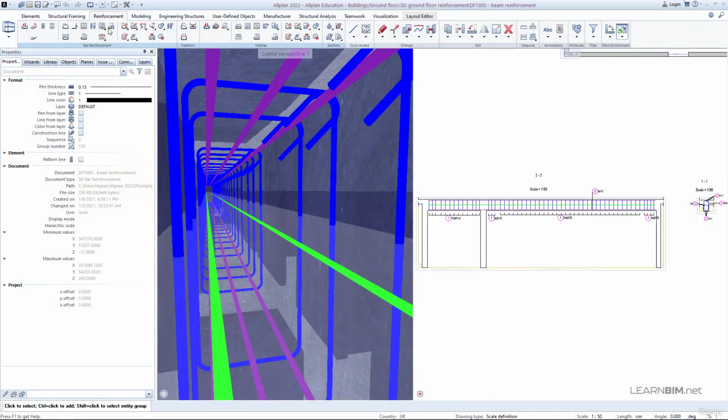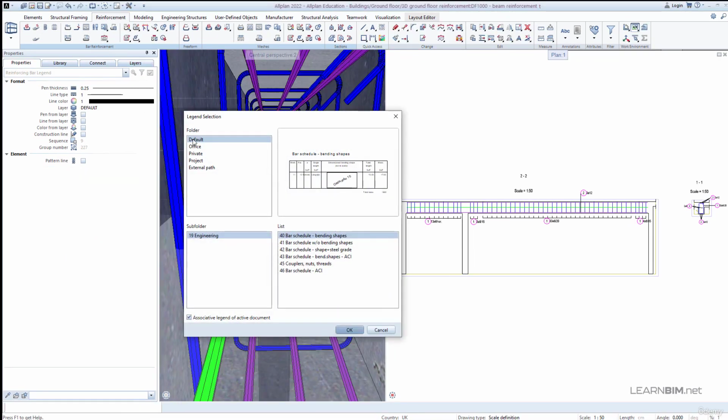Second way is by creating reinforcement legends. Go to Reinforcement bar legend command, and here you can choose the specific legend from a list inside the engineering subfolder. Choose the first one, bar schedule bending shapes. Remember to leave the associative legend of active document option on, so that the legend could change with every reinforcement